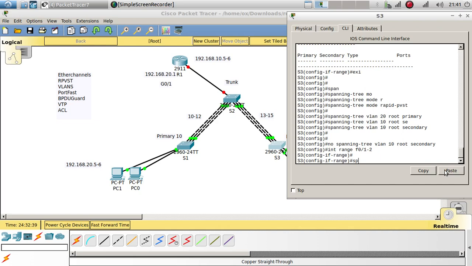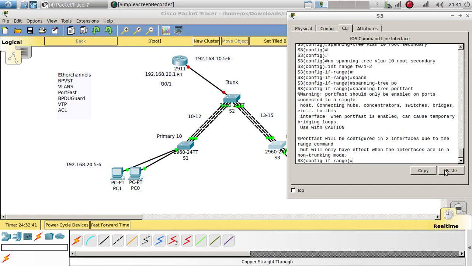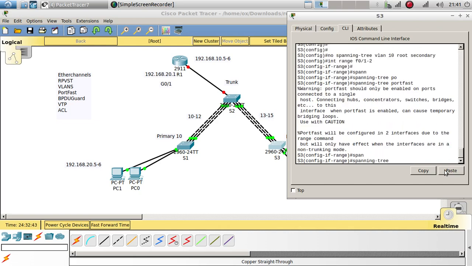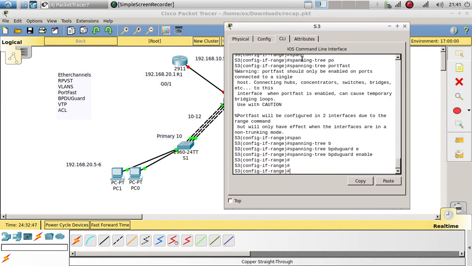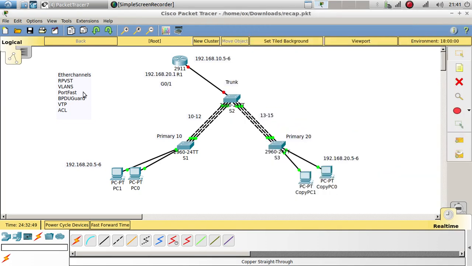Spanning tree PortFast, spanning tree BPDUGuard enable. All right, so we have configured Etherchannels, RPVST, VLANs, spanning tree VLANs, PortFast, BPDUGuard, VTP. Now what we need to do is configure the router on a stick,